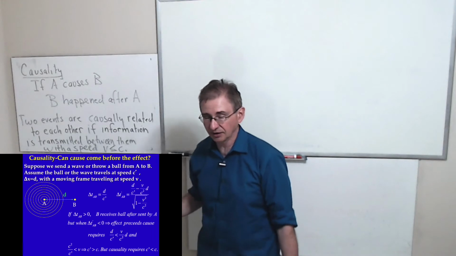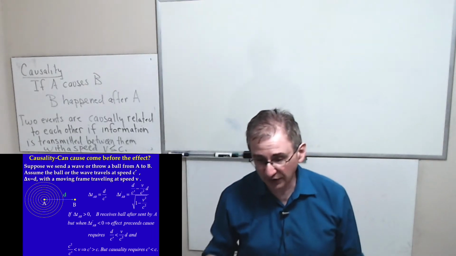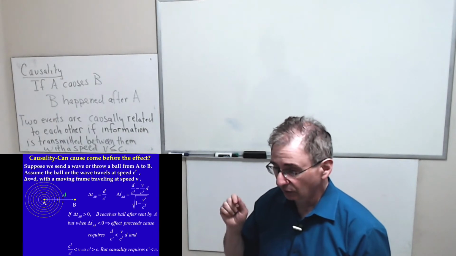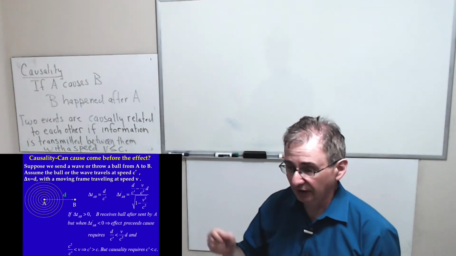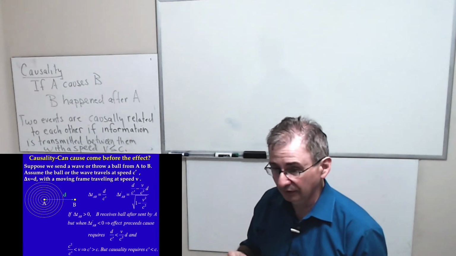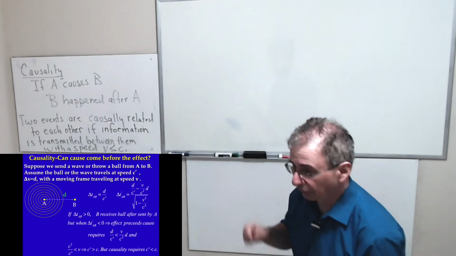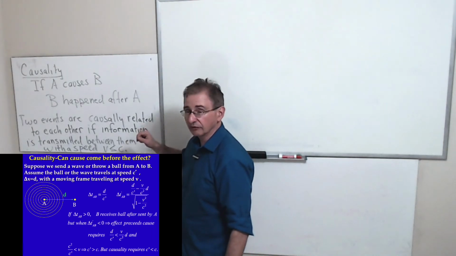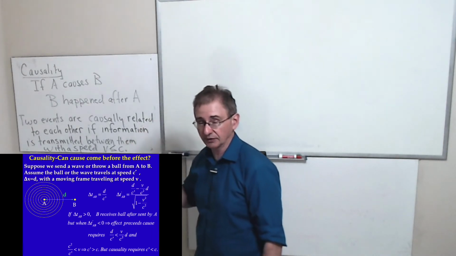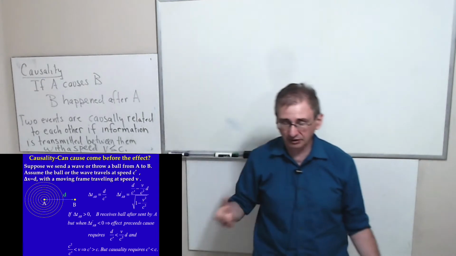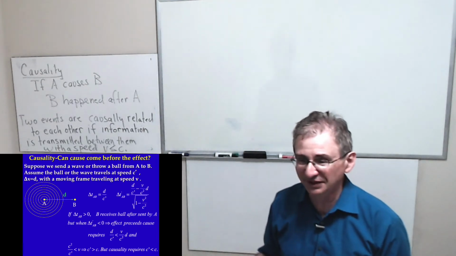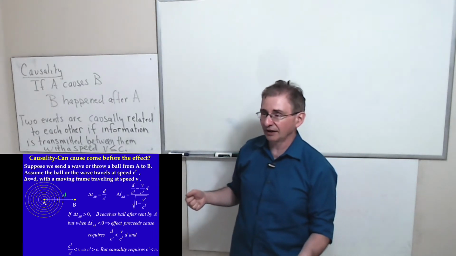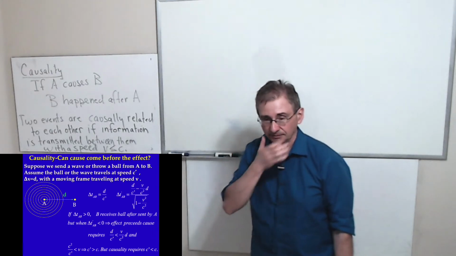That's what causality means. And so if we have two events where one causes the other, what should happen is that in every reference frame, that should be true. If you have two events that are causally related, then the order of events will be preserved in all reference frames. It must be preserved in all reference frames. Otherwise, something is wrong with our physics. And there's no proof of that other than we're going by experience.